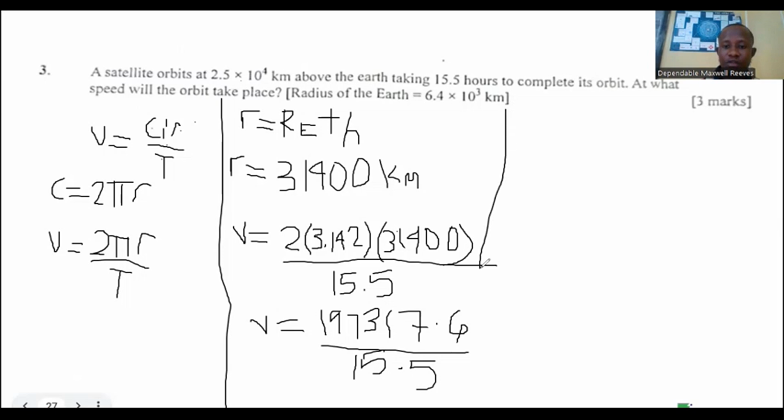Now, solving this, we'll have V to be equal to